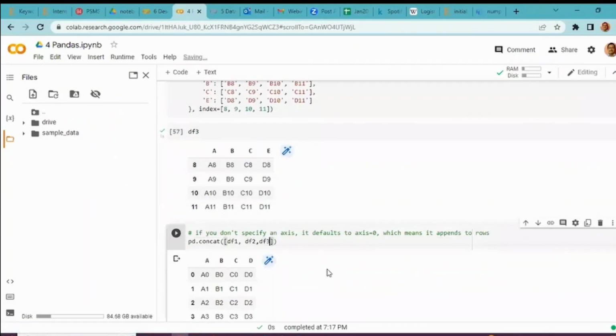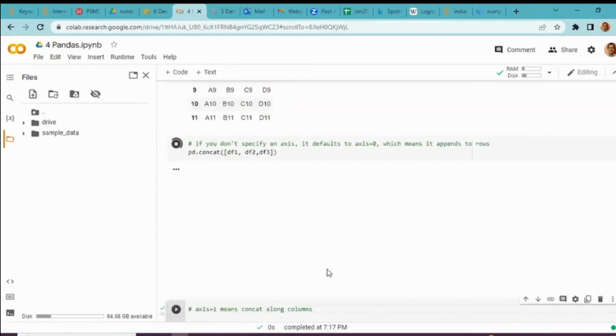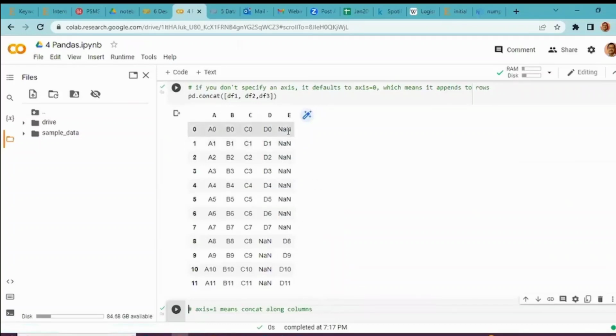Whereas df3 had an E column. So the concatenation simply happens. Under the E column, df1 and df2 will show blank, whereas under the D column, df3 will show a blank, and this is the concat. So it's just an appending that is happening. No rule, nothing. Just an appending. Wherever the headings match, the values go under those headings. Wherever the headings do not match, the values go into a new heading. So that is the basic aspect of